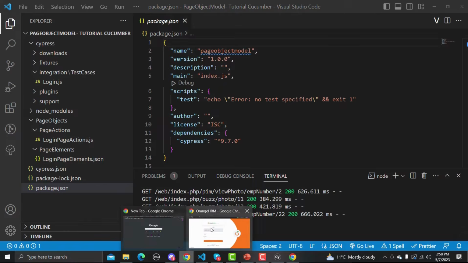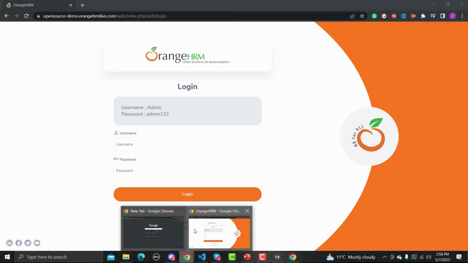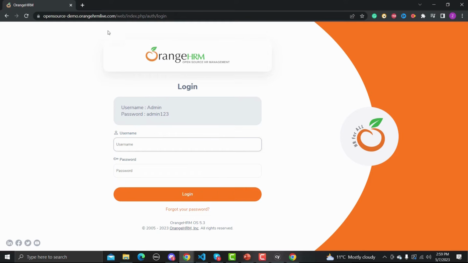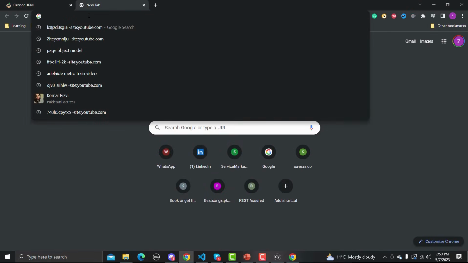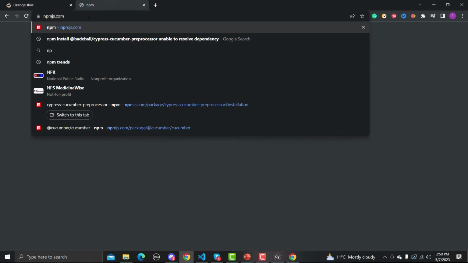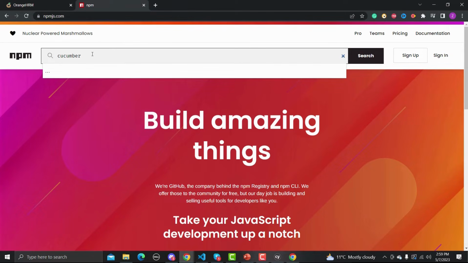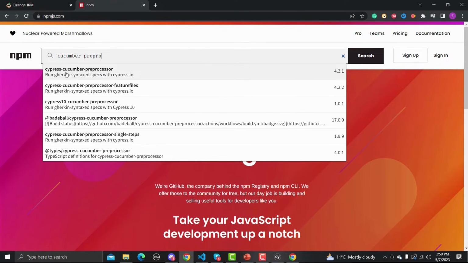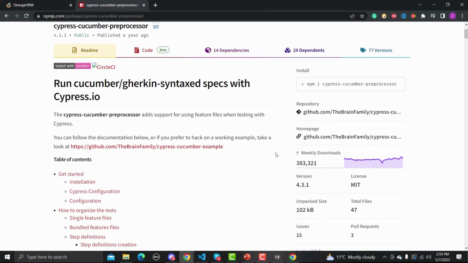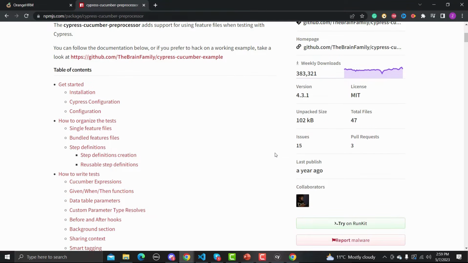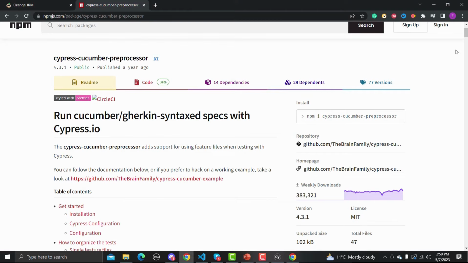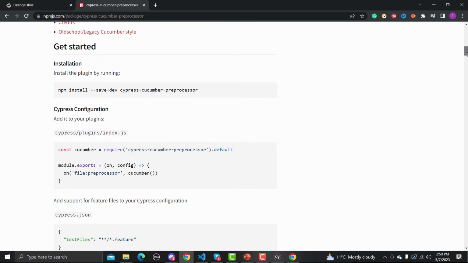Okay, and now let's go to the browser here, and in the browser you need to go to the website called npmjs.com, and here you need to search for Cucumber preprocessor, and here Cypress Cucumber preprocessor 4.3.1. Click on this one, and here you will find all the instructions in order to install Cucumber and how we need to work with Cucumber Cypress, right?